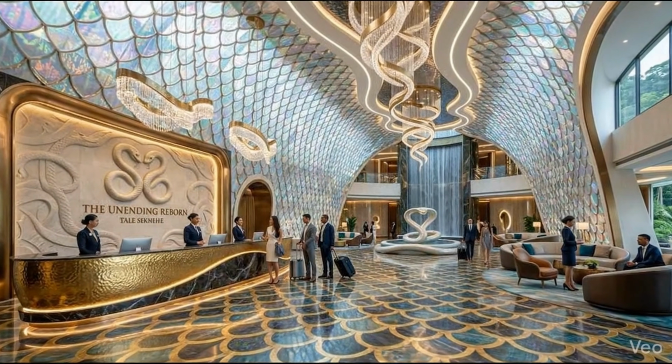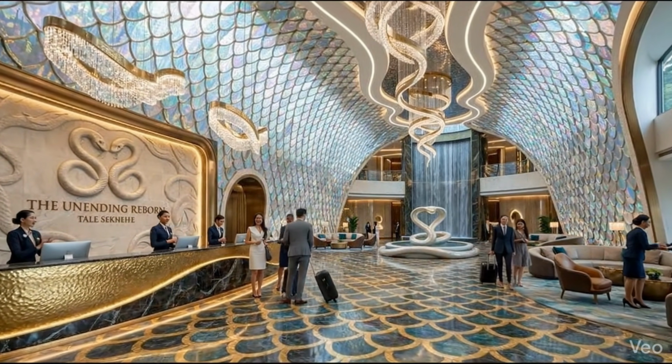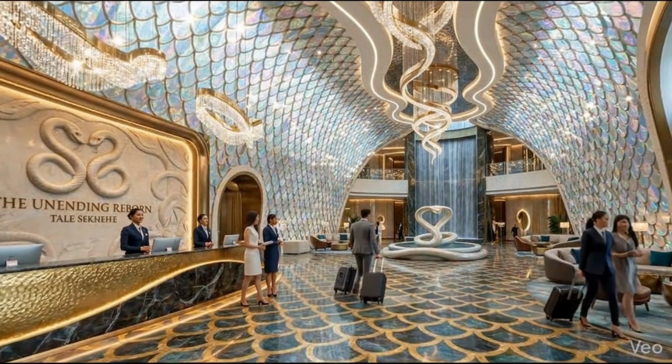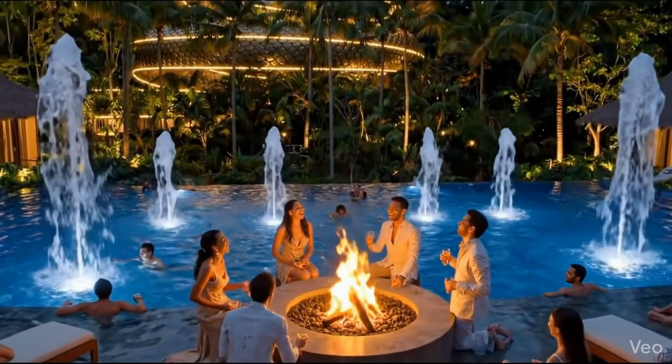We requested a room with a view of the falls. Is that available? Yes, we've upgraded you to a deluxe suite overlooking the waterfall. This view is absolutely incredible. Yeah. I've never seen anything like it. The architecture is